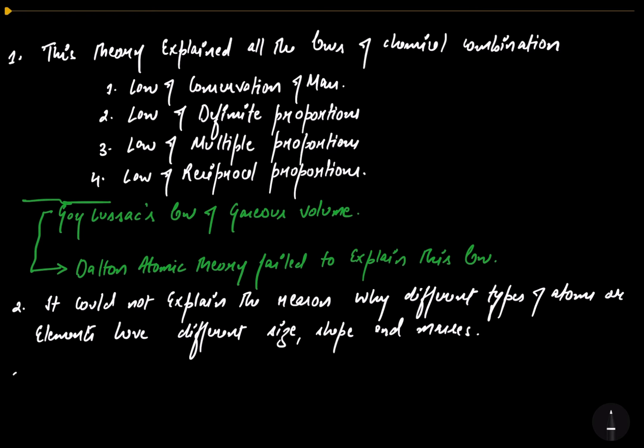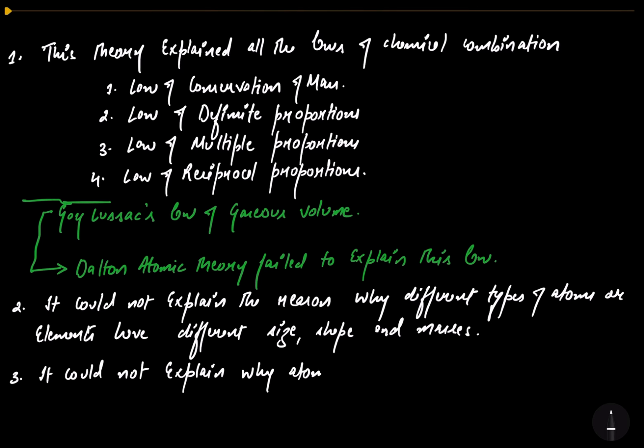Now let's move to the third point. The Dalton atomic theory told that atoms combine with each other in a specific ratio to form compounds. But why are they combining? What's the reason why the atoms are combining with each other? Again, Dalton atomic theory was unable to give the reason. Again, it could not explain